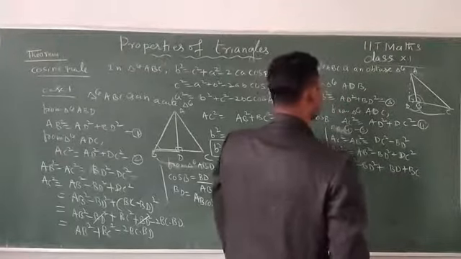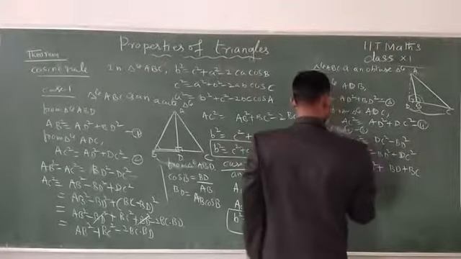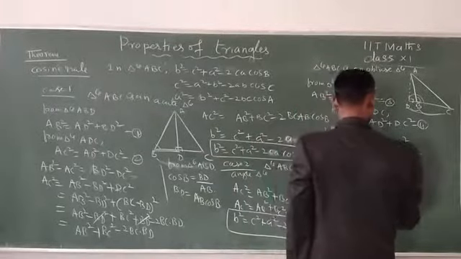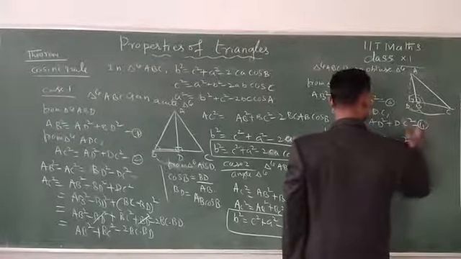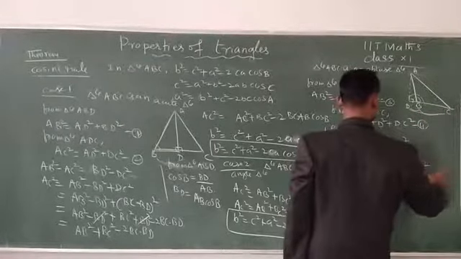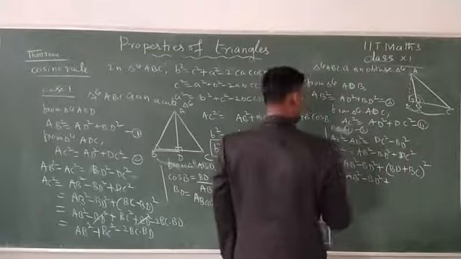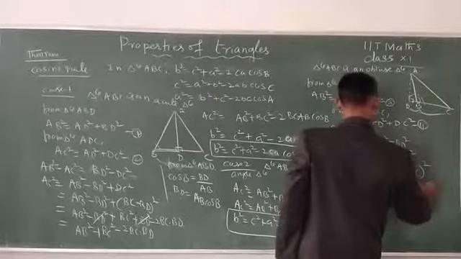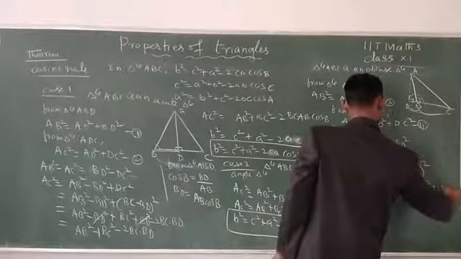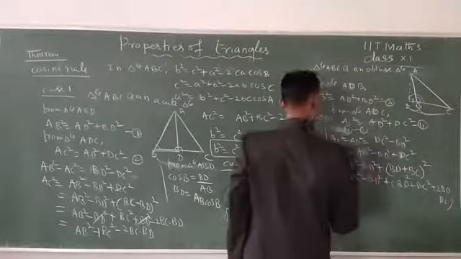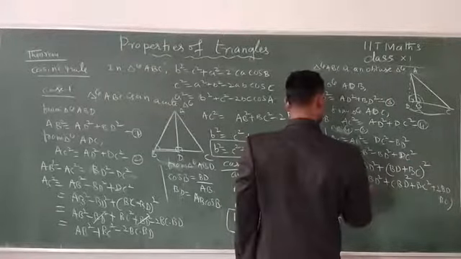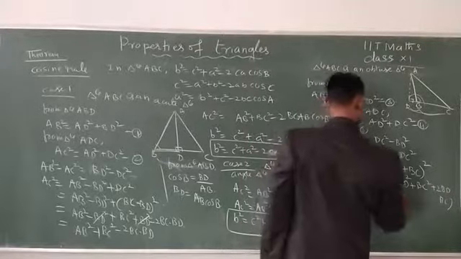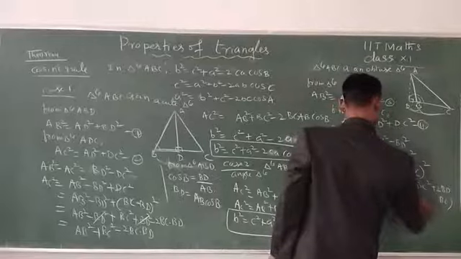Okay, now see here. AB square minus BD square plus, this is right as, BD plus DC, BC whole square. This is DC. Now this is BD square plus BC square plus 2 BD into BC. Now this is right as AB square. Here BD square cancels, plus BC square plus 2 times BD into BC.